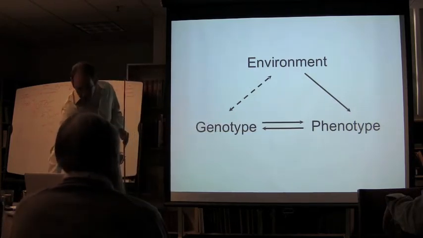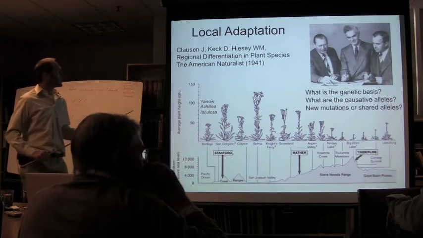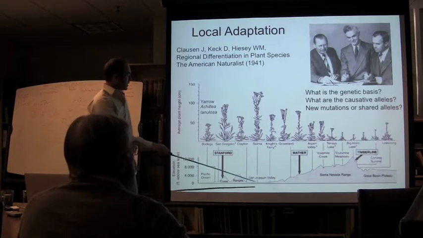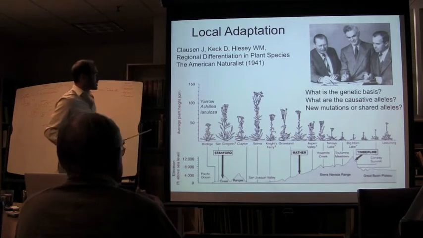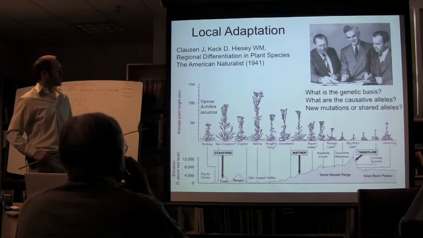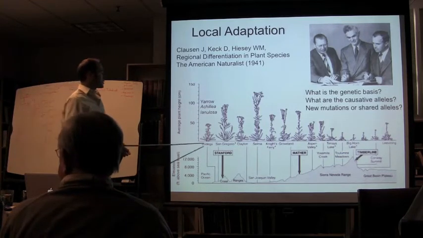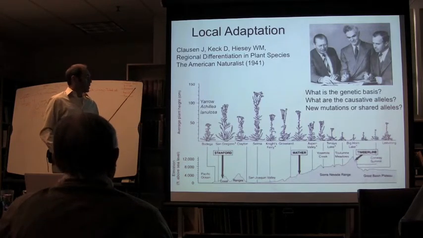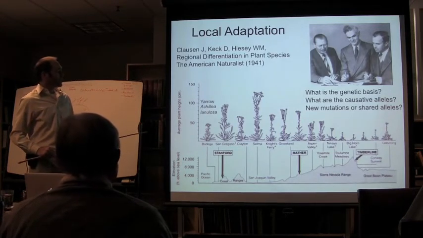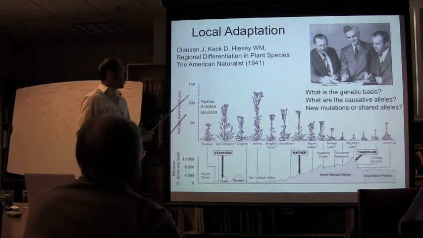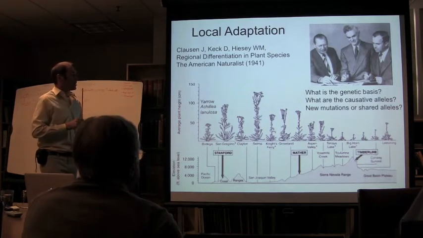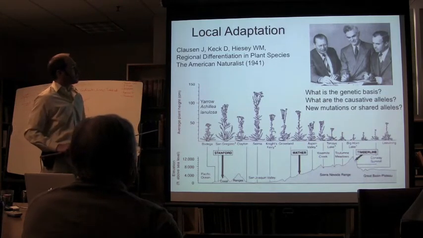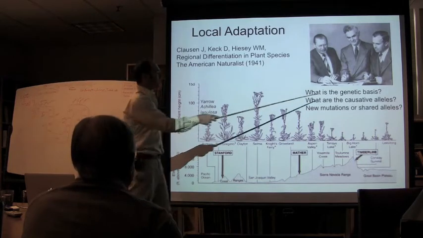So local adaptation then is when certain genotypes are going to be filtered as they have preferred phenotypes in certain environments. And this has been a question studied for seven decades now at least, from Clausen, Keck, and Hiesey across the way, and they had these wonderful transects up along the altitudinal gradient toward Tahoe. And when you do reciprocal transplants of several different species they were working on, they often found that the home populations did better in the home common garden. So these reciprocal transplant experiments are very important to establish the genetic basis of local adaptation, but they couldn't answer what's the molecular genetic basis.